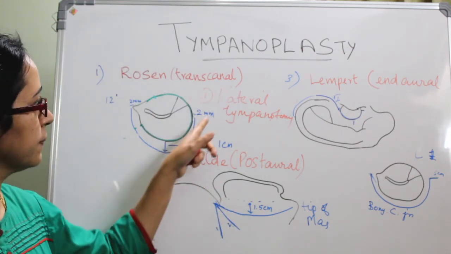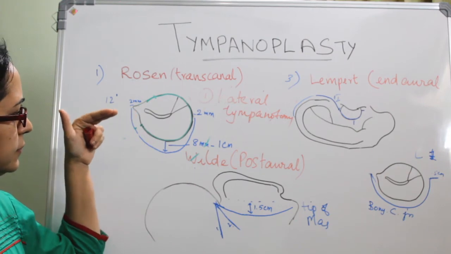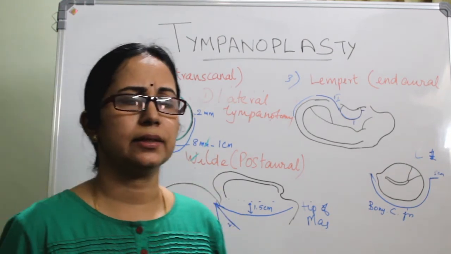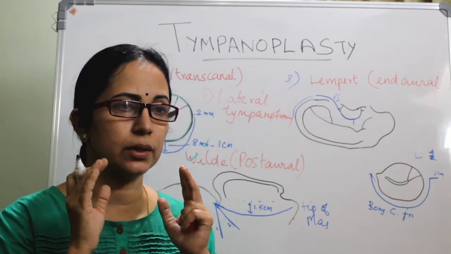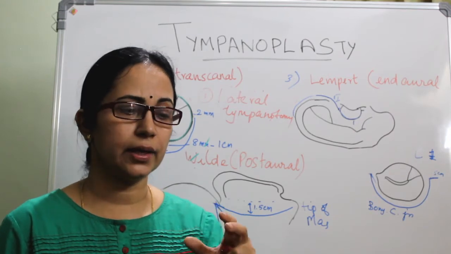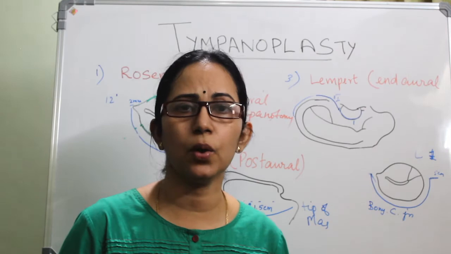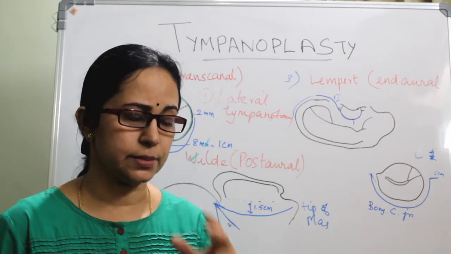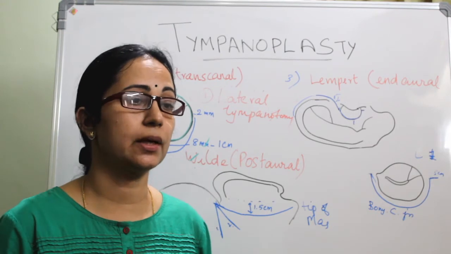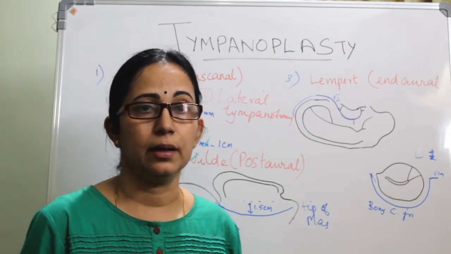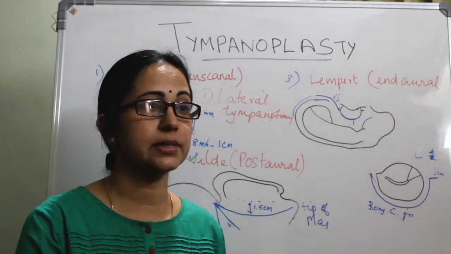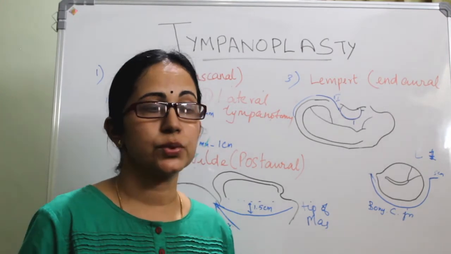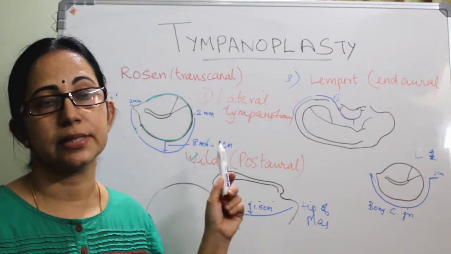These are the indications. And the prerequisite is that the canal should be wide. The entire tympanic membrane should be visible through the external auditory canal. And one hand of the surgeon will be occupied by holding the speculum. But now speculum holders are available, so that both hands can be made free. Through this incision, you cannot explore the mastoid. If tympanoplasty is associated with mastoidectomy, then this incision cannot be employed.